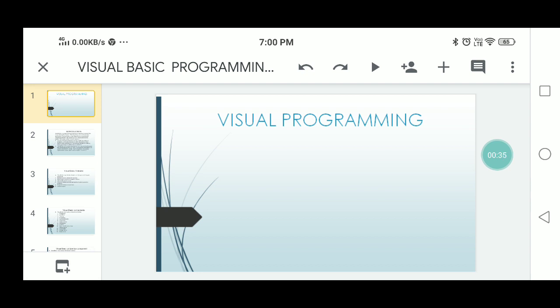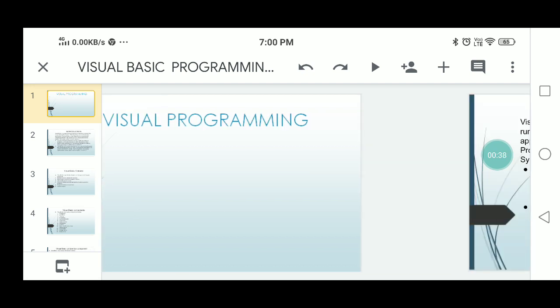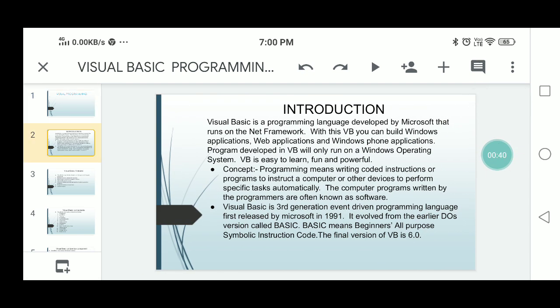First of all, programming means writing coded instructions or programs to instruct a computer or other devices to perform specific tasks automatically.